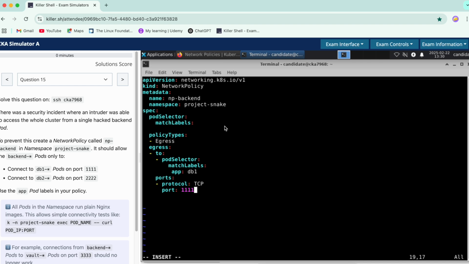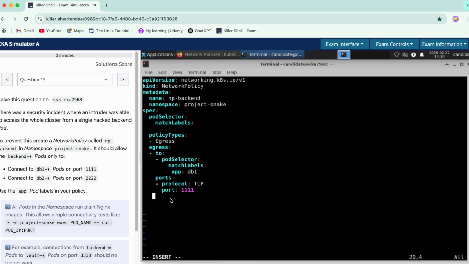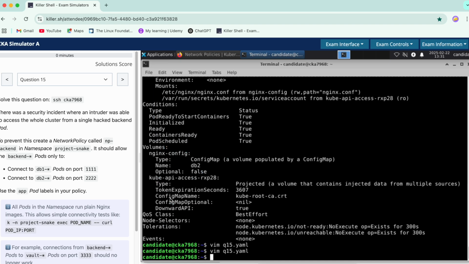Next we have one more condition. To copy this again, we'll paste it over here, and it is for db2 pods, and it should be allowed only on 2222. And we also have to fetch the label for the backend pod, which is